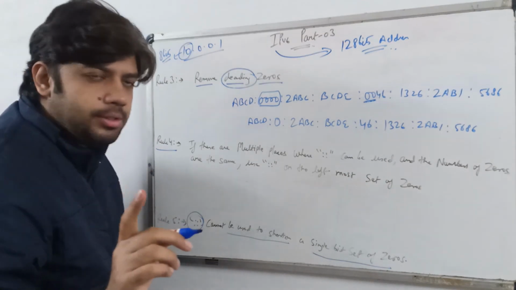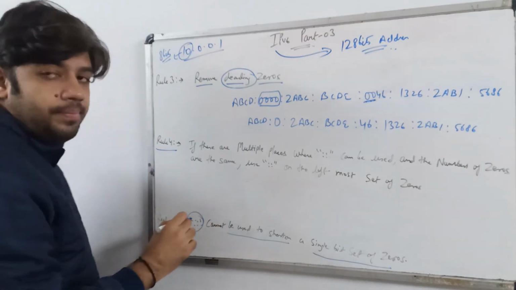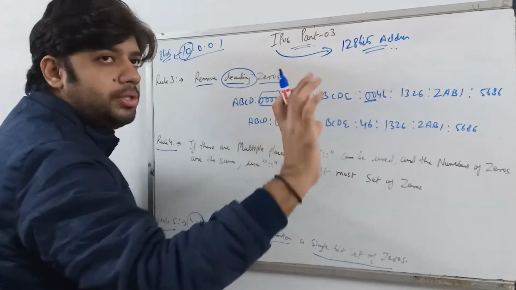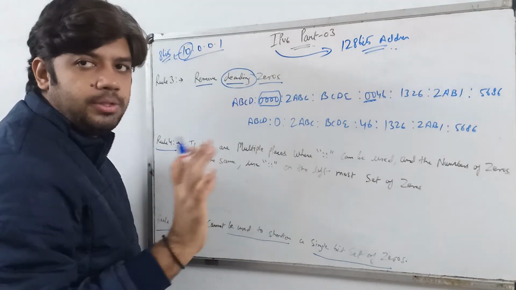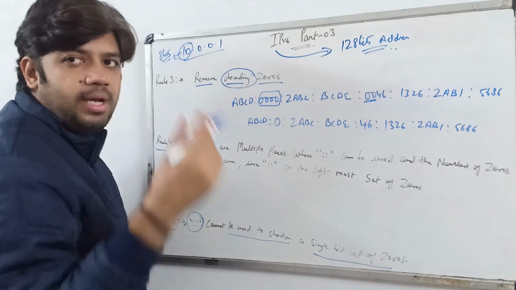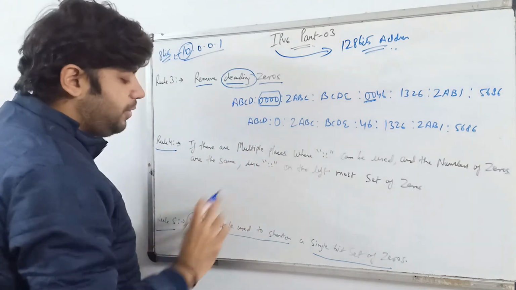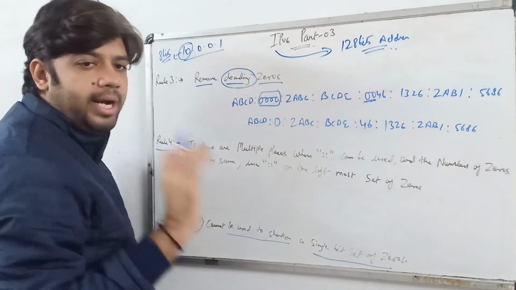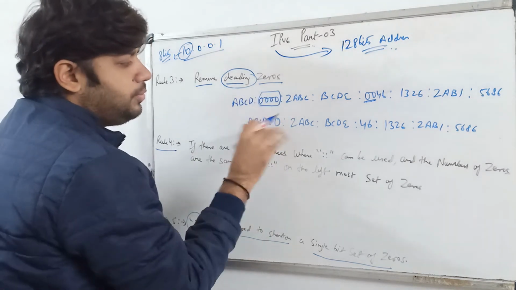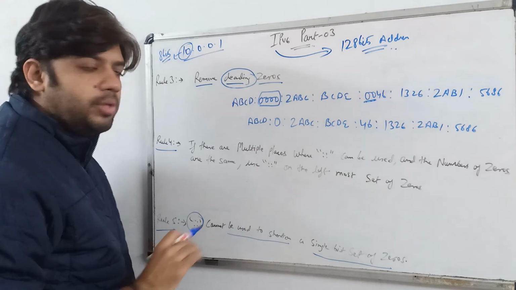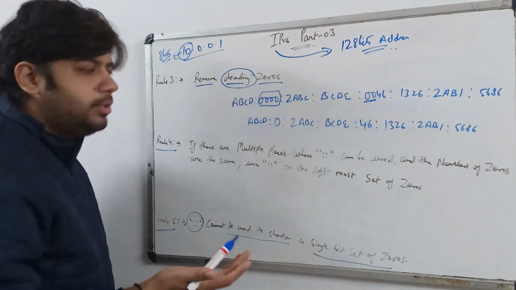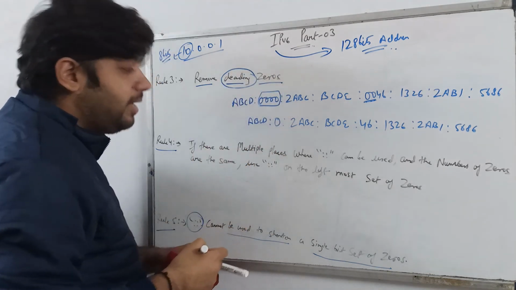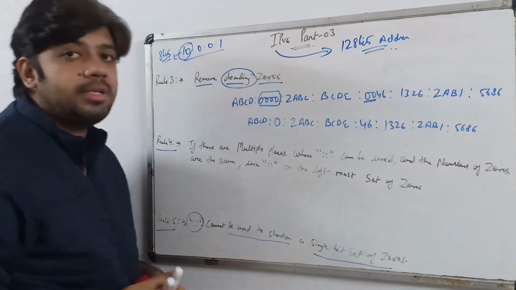Remember, we can use the double colon where we have two consecutive sets of zeros, meaning that in two segments we have all zeros. In that case we can use the double colon. If we have only one segment of 0 and the others don't have zeros, we are not able to use the double colon. So we have 5 rules. Like this we can write the IPv6.